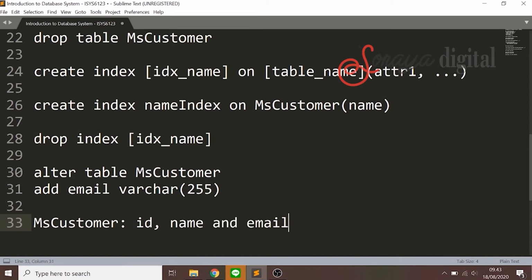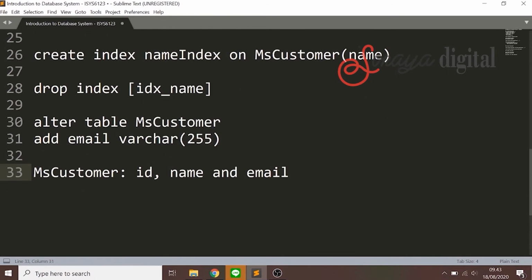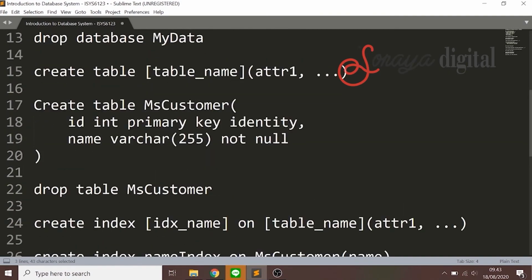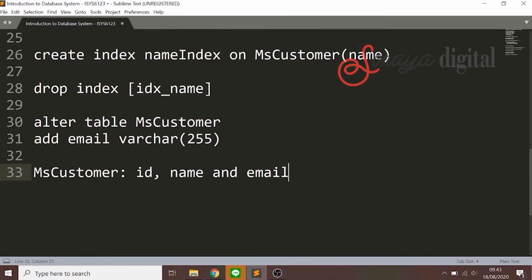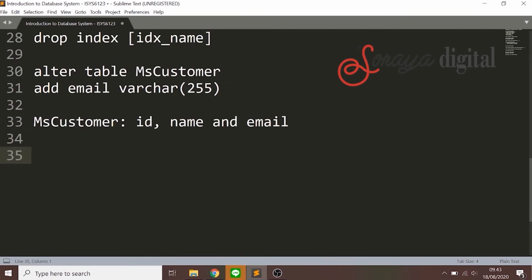There. Now if we execute this, okay, sorry, I forgot this one. If you do it like this,